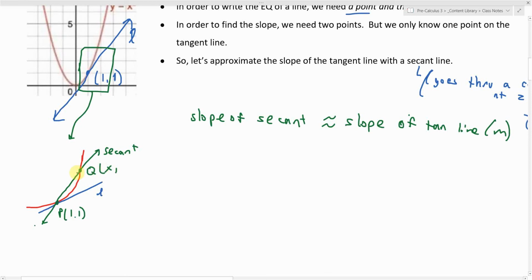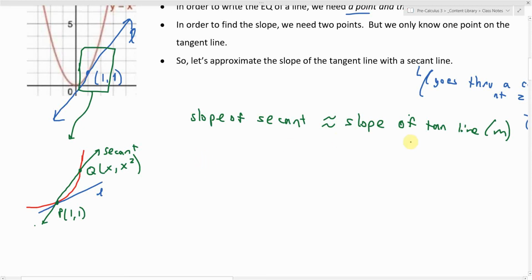And the whole idea is I drew it so that it's on this red curve, which has the function y equals x squared. So the corresponding y coordinate would be x squared. So point P is known to be (1, 1), and point Q is some other point on the curve which has coordinates (x, x squared). Okay, which means that the slope of PQ, that is to say my secant line,